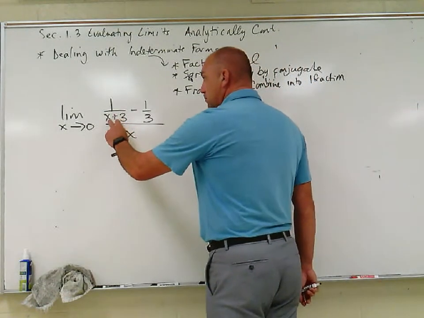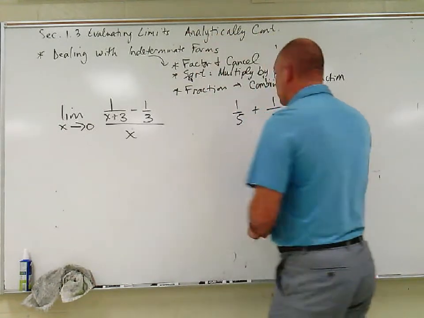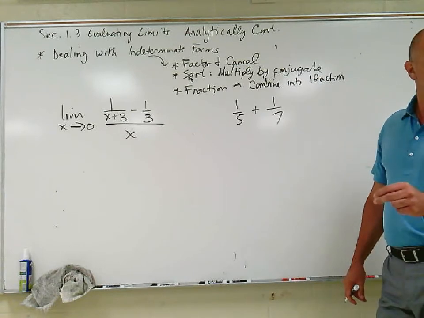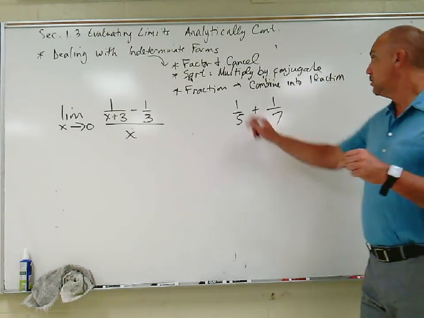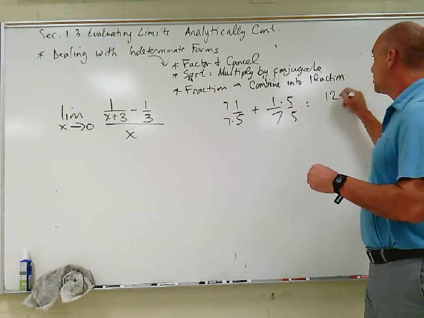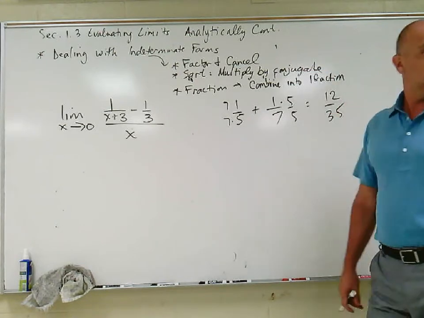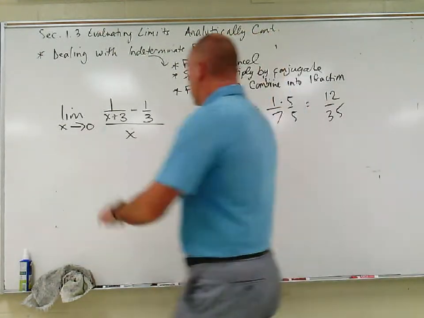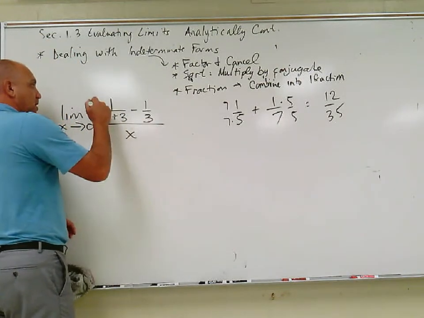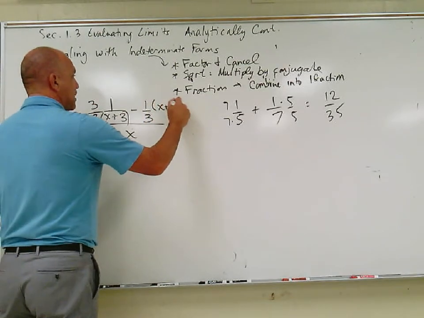Common denominator means, if you had 1/5 plus 1/7, what's the common denominator? 5 times 7. The two denominators multiply. So you multiply this one by 7 over 7 and this one by 5 over 5, which allows you to get 12 over 35. That's how you make it one fraction. You do the same thing here, except this is like my 5, that's like my 7 there. So I'm going to multiply this guy by 3 over 3, and I'll multiply this guy by x plus 3